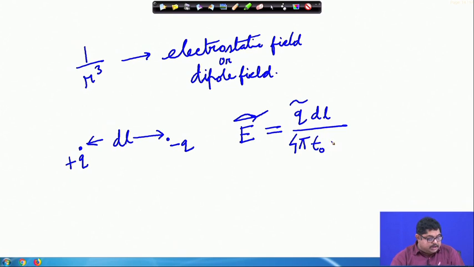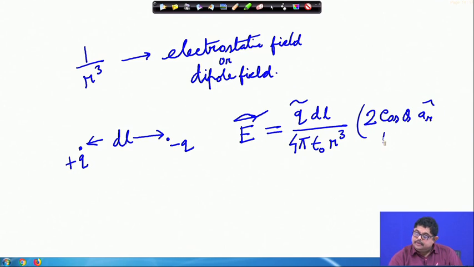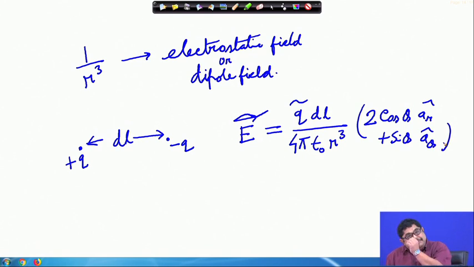This I think you have done in your electrostatic classes, that for the static dipole, the field is like this. Now, what is this relevant to our case? Our case is obviously not this electrostatic dipole case, but we have in our field expressions an